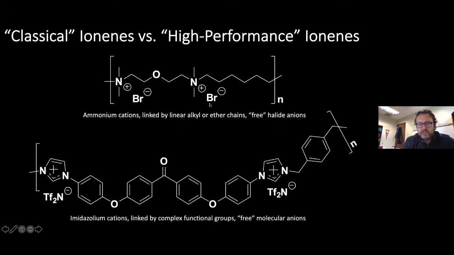And these were designed obviously in the days before we started thinking about modern ionic liquids. And so many of these, the halide anions, nobody thought to change them to TF2N. So what we're working on in my group, and this is one example of a material that we'll talk about later on, is combining that structure, but now we're going to switch to the imidazolium cations because we can do chemistry more easily. And here we have a polyether ketone or ether ketone ether structure,